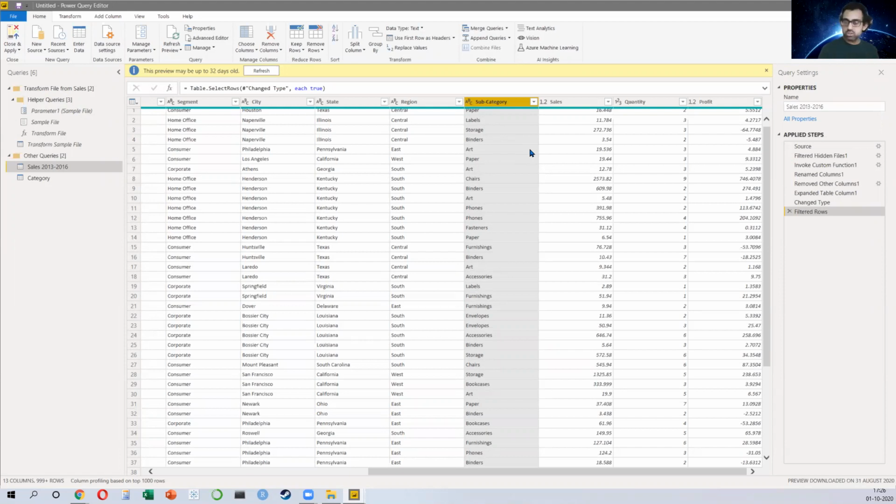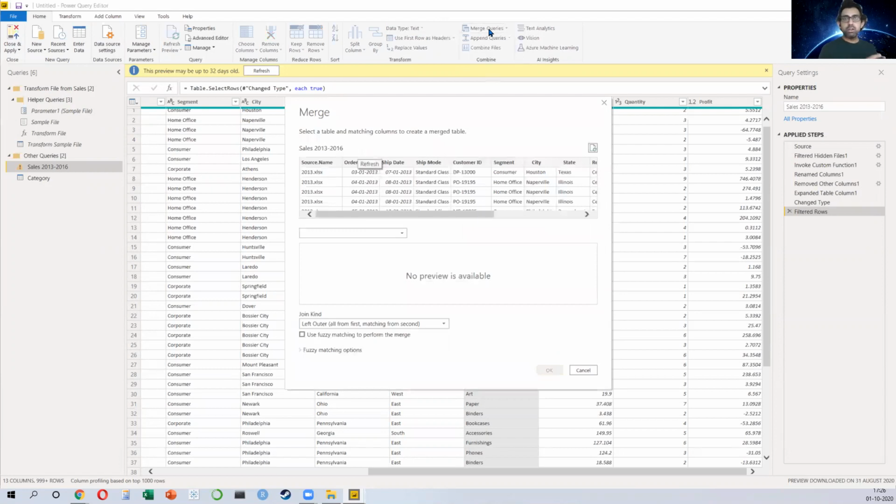If you want to do a merge, you can, and I will show you, but I will also show you how you don't need to do that. But assuming that you wanted to do a VLOOKUP, what do you do? You select merge query at the top, everyone. And then it is asking me which two tables do I want to merge. One is the sales table, the other is the category table. Now, unlike a VLOOKUP where you have to put lookup value, table array, column number, the lookup type, you don't have to do any of that.